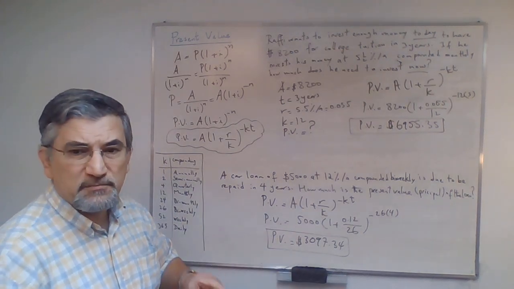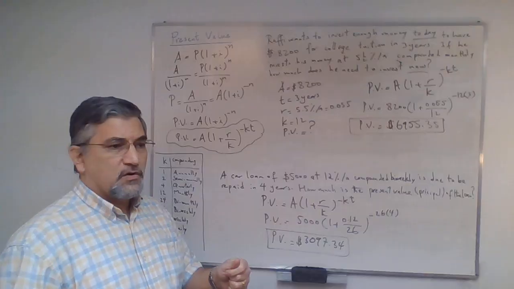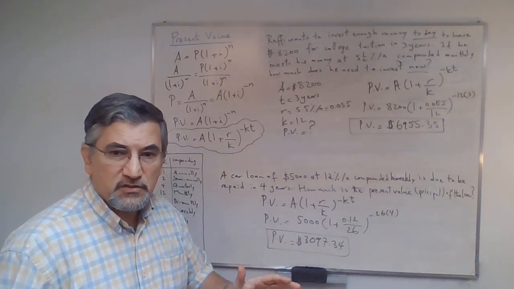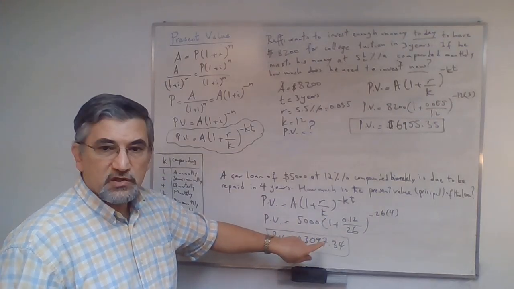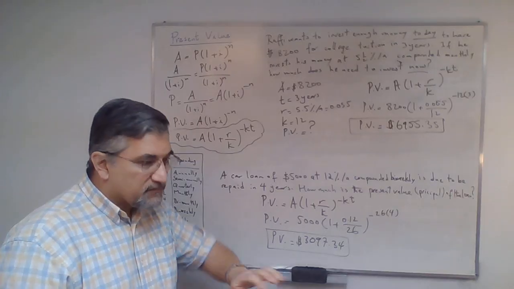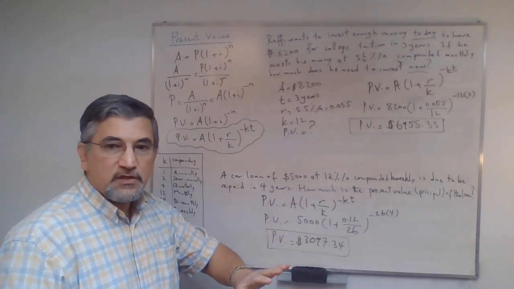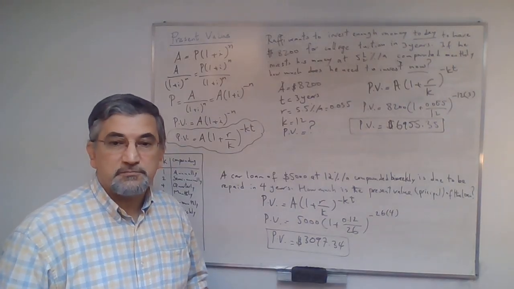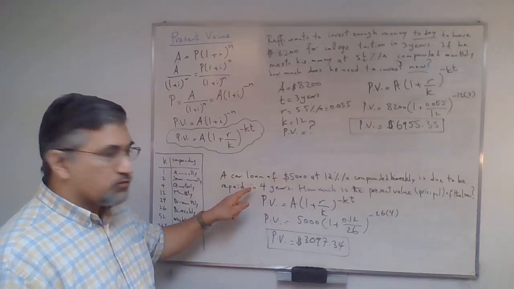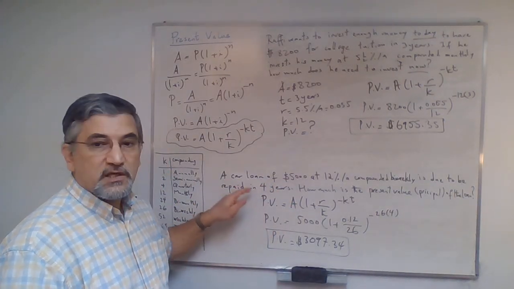This means that if you go to the bank, or you go to the creditor, the person from whom you borrowed money, and say, hey, I want to cut a deal with you, I want to pay $3,097.34 right now today, and we just sign the contract that I have paid my loan off and I don't owe you anything, and we're done with business, basically. Okay, this is the situation. So if you don't want to wait for 4 years, if you don't want to pay a big amount of $5,000 in 4 years,